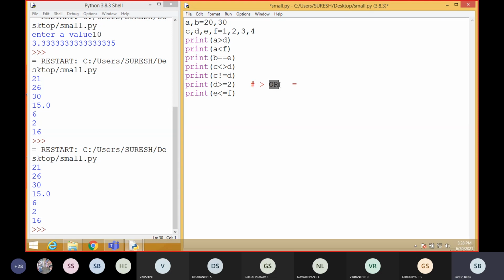Finally it applies the or operator: at least one true means it returns true. Here 2 greater than or equal to 2 matches the equality, so the answer is true. Then E less than or equal to F, 3 less than 4, that is also true.